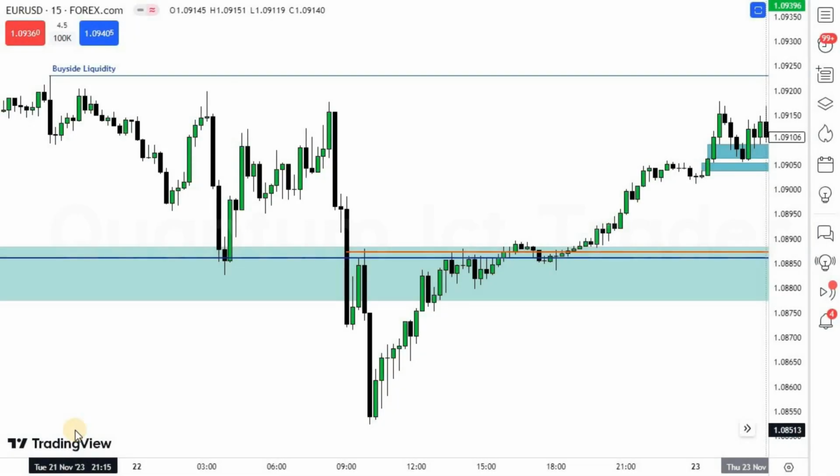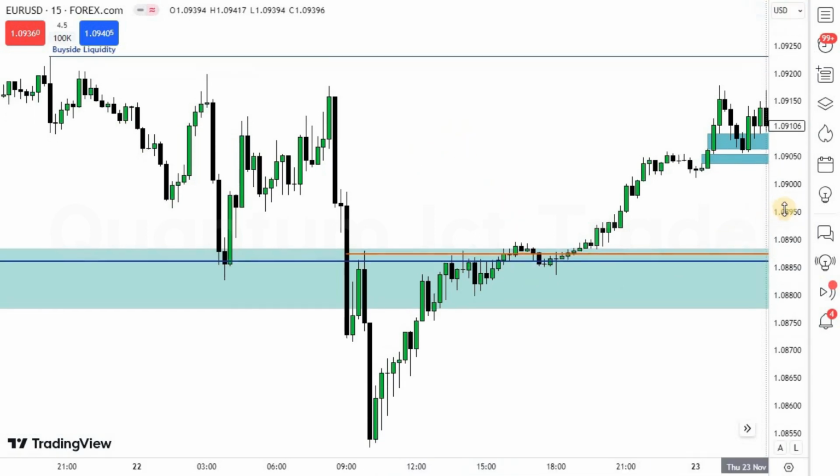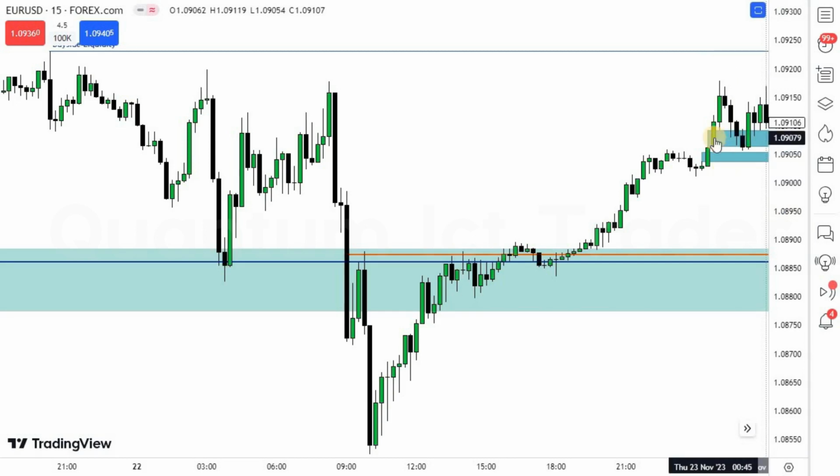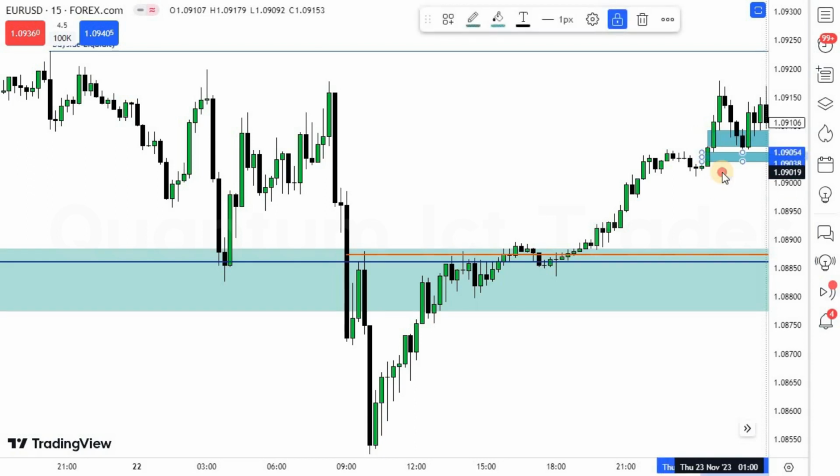So here we're on the chart, and you can see I already marked up my draw on liquidity. These highs here are my draw on liquidity. Why? Because price is so close to that buy side liquidity now. And when I mark that liquidity, the next thing I would want to do is to mark some fair value gaps that are outside of my time window and left unfilled. So you can see on this impulse leg there are 2 of them. One is the first one here, and the next one that's not been filled yet.